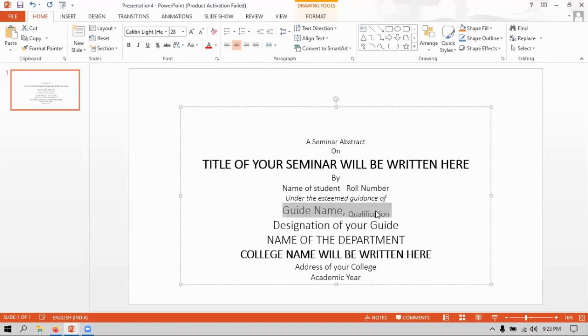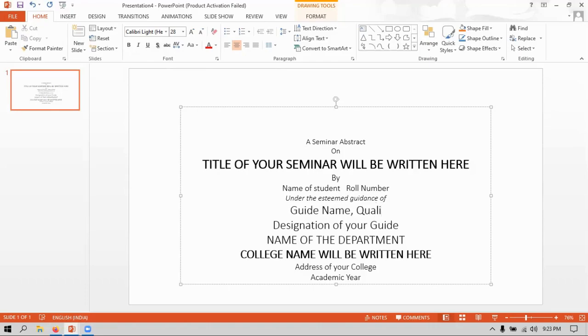Now I'm going to clear the formatting for this line. But when I click on this one, it will remove all the formatting from the entire slide. Anyhow, I will show you how the qualification is represented here. So I'm going to remove this. Initially it is the guide name, comma, space.